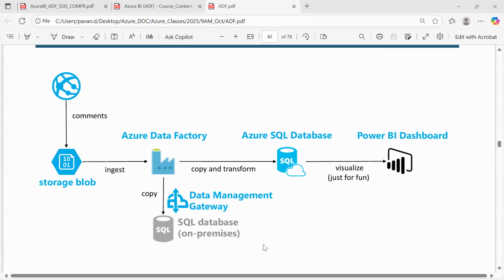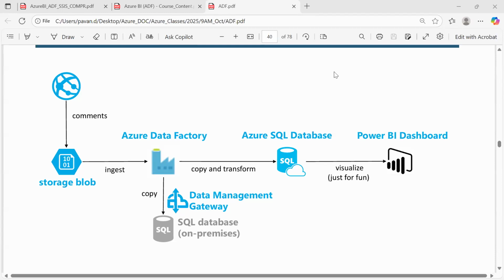We are extracting the data, first part, from the blob storages, wherever the SQL server is, and we are copying that. The copy and transform is like that. If you want to do any calculations inside the pipeline, on the ADF side, you do that copy and transformation, implementing the logic there and updating to the SQL database, where you will create some SQL tables.